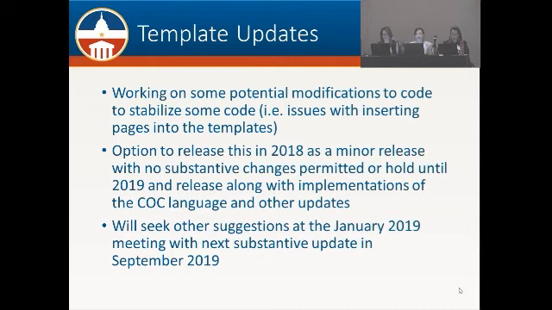But there have been some little bugs and other instabilities in the code that we've gotten feedback on. So Laura Register, thank you so much, has been working diligently on doing some